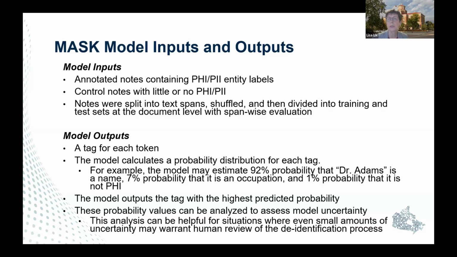And that can help us if we need to go back in and do some sort of human review, or if we think about, as we work with the data custodians in each of the sites, if they want some assurances about where there may be errors or inaccuracies with the AI algorithm that we're using for de-identification, there will be some transparency about that process, and that might help us in advocating for use of the de-identification tool